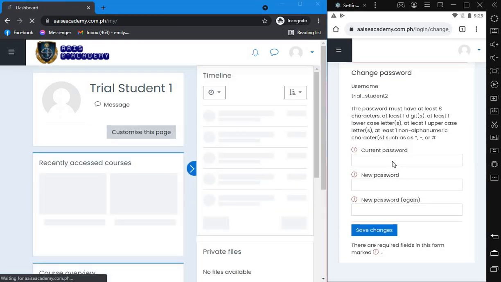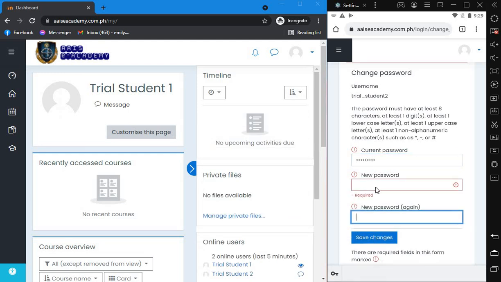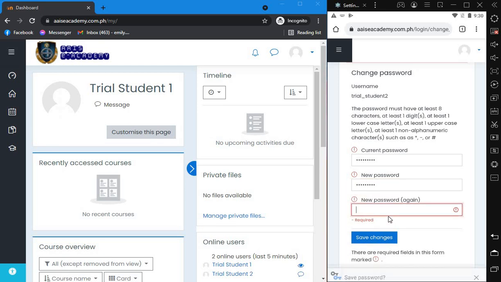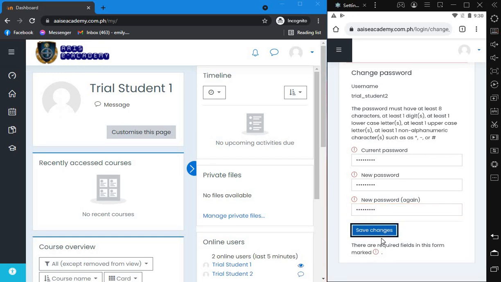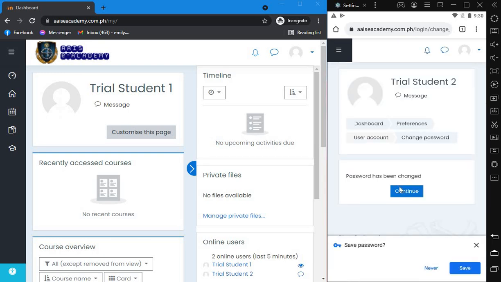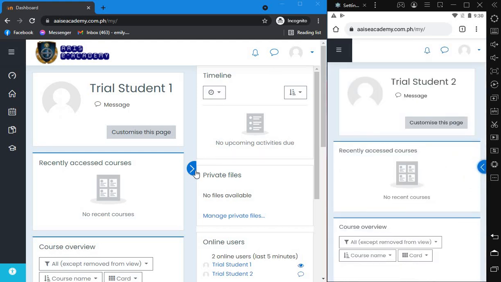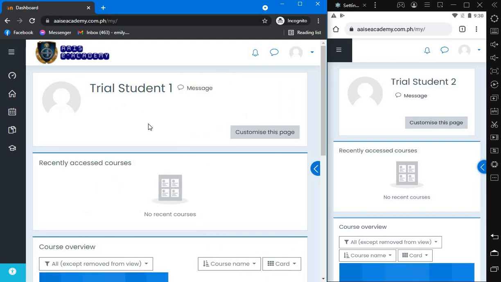And on the other side, we will also change the password. Okay, on the one that you desire to. Okay, it's again AAIS 2021 exclamation mark. And just click Save Changes. Yeah. And once you have saved the changes, it will load a little bit. It's a little bit slow here. I think I haven't clicked it. And just click Continue. Now, once you are done with your login, okay, you will be redirected to the default